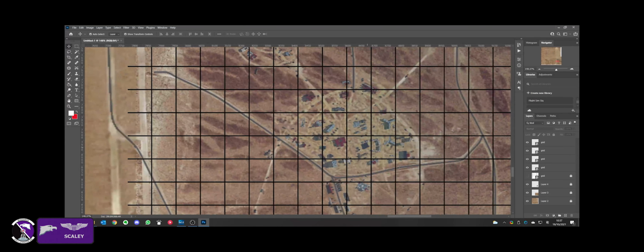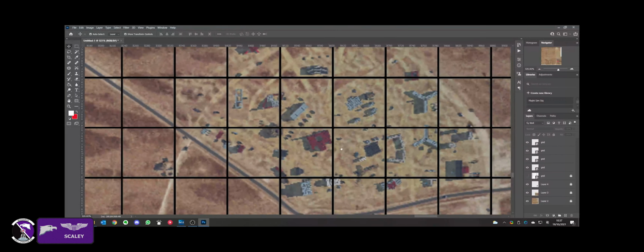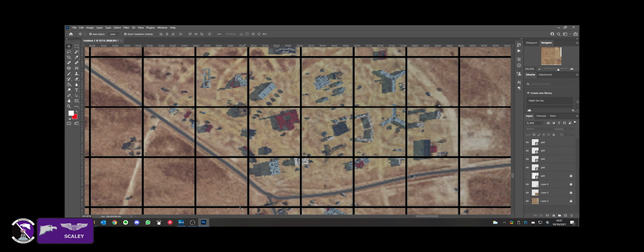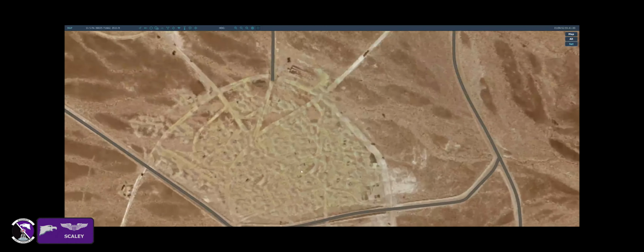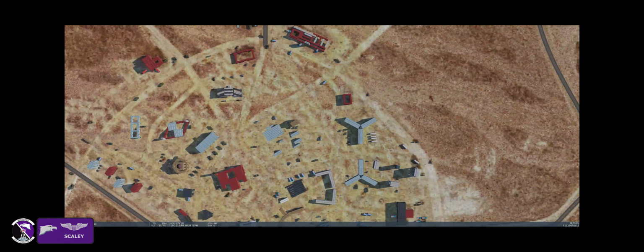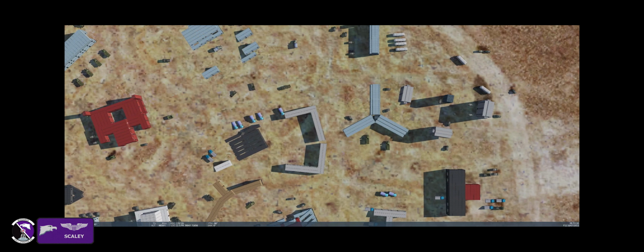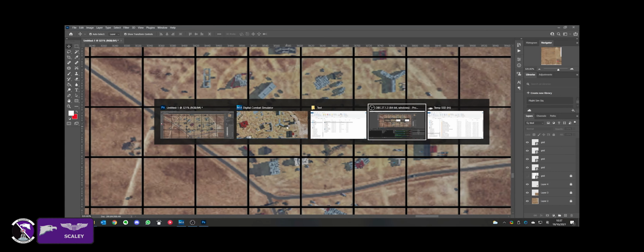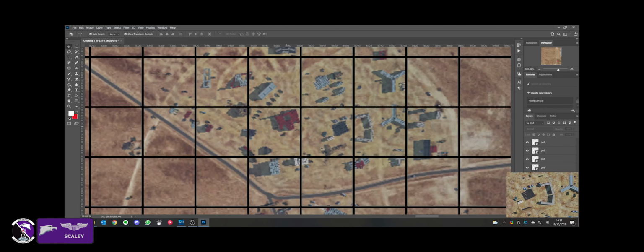If you start making this and you zoom in and you think, hey, I actually need some even more detail of this area, there is no reason you can't go back to DCS. Now you've done it. Go in, jump in here. Oh, that's a bit close. Let's just go here and there. Right, so we want a bit more detail of this area. DCS, and then we could grab high res of that, go back to Photoshop,